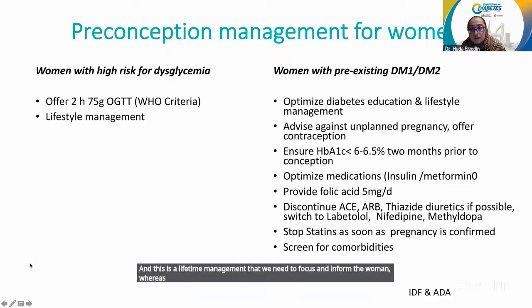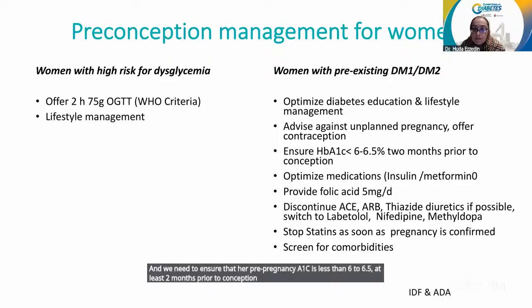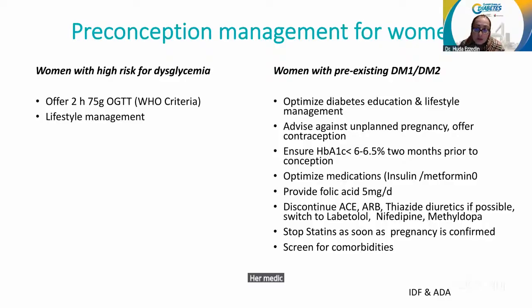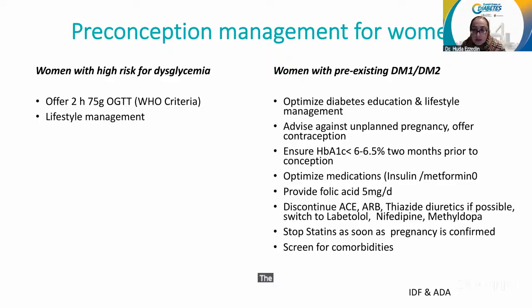Whereas for women with pre-existing type 1 and type 2, we need to optimize diabetes education and lifestyle management, advise against unplanned pregnancy, and maybe offer contraception. We need to ensure that her pre-pregnancy A1C is less than 6 to 6.5, at least 2 months prior to conception. Her medications need to be optimized, whether we're talking about insulin or metformin. We need to provide folic acid, and we review her blood pressure medications, if she's been on them or for renal protection. The ACE inhibitors, the ARBs and the thiazide diuretics need to be switched to labetalol, nifedipine,